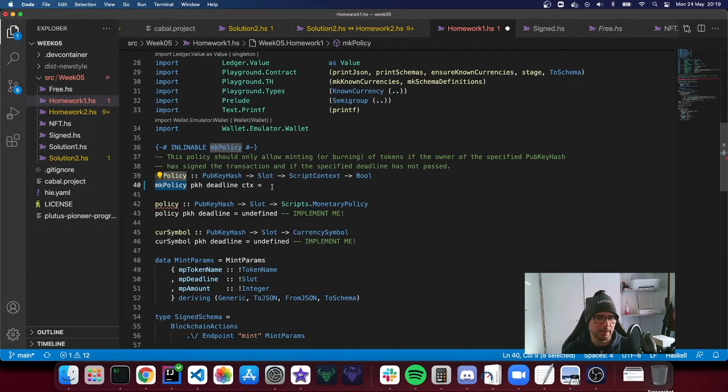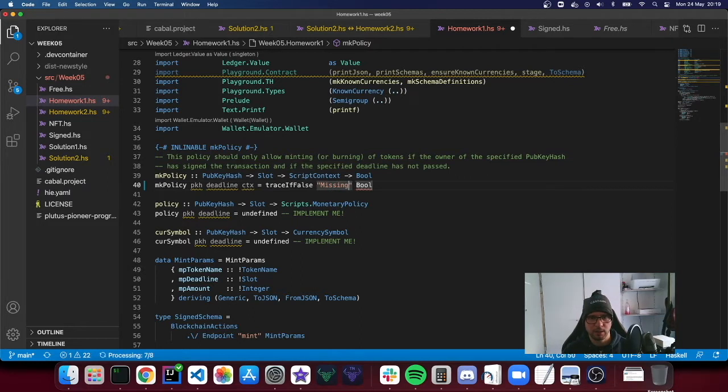And in here, we will also have to implement the validation part so that we are sure that whoever is actually minting the token is whoever is signing the transaction. So I'm going to be using the usual approach of traceIfFalse. As you can see, there is a nice suggestion, missing or wrong signing key, pub key. And then here I'm going to do checkKey. Of course, the method hasn't been implemented yet,